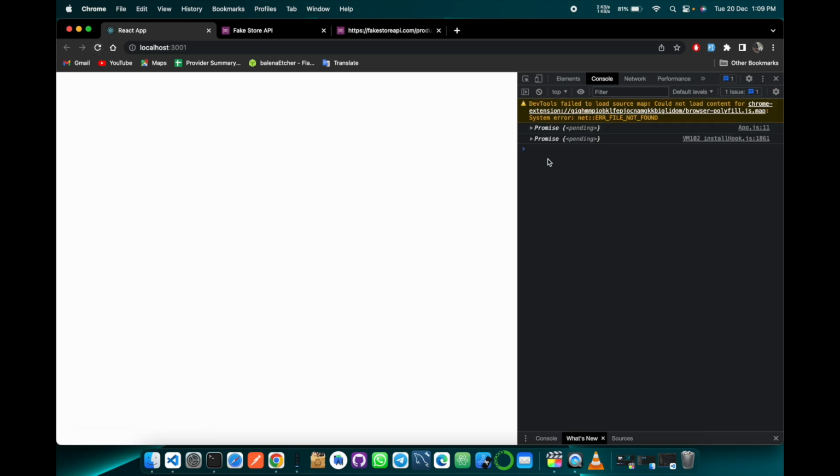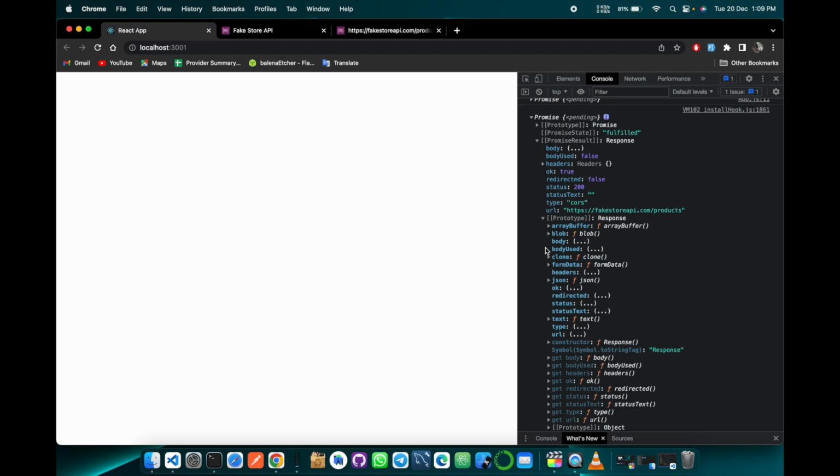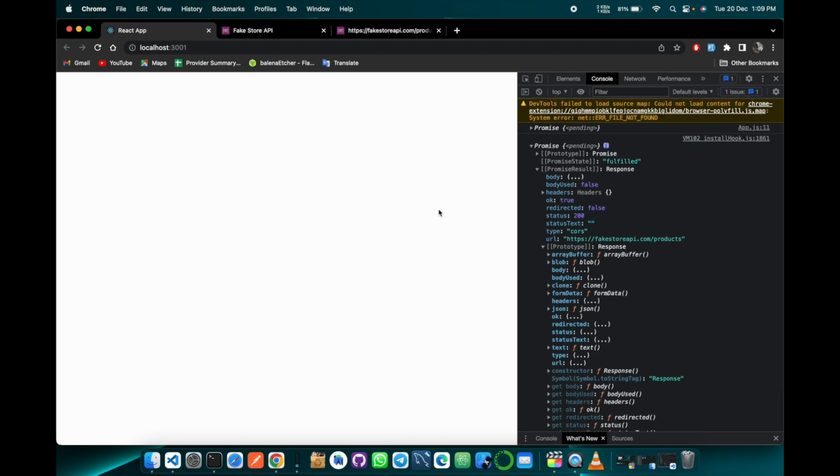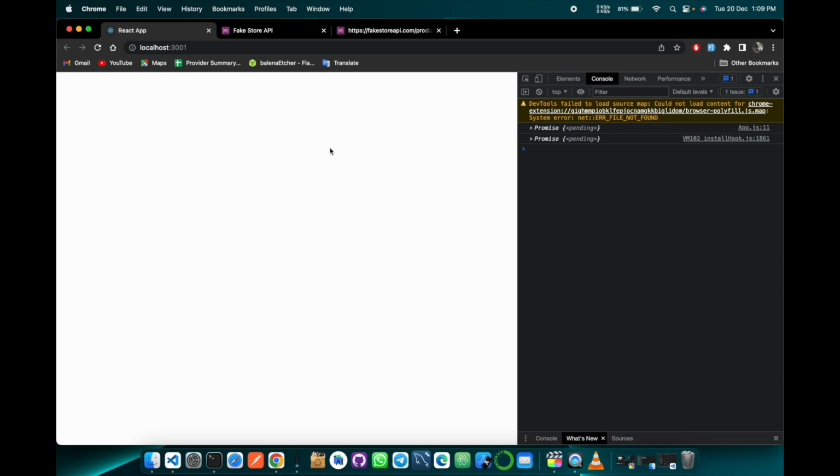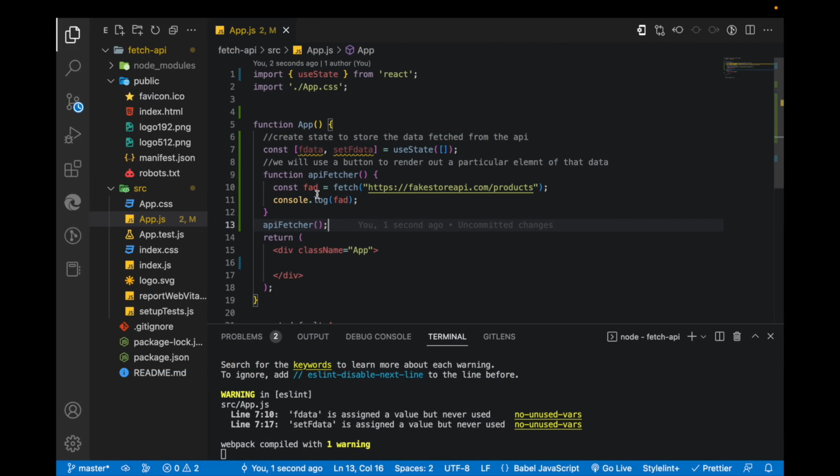See, we have something called promise, and it's saying that promise is fulfilled. So basically we are getting a response from that API which is being sent as a promise. So how do we resolve this? To resolve this, we are going to make this function an async function,